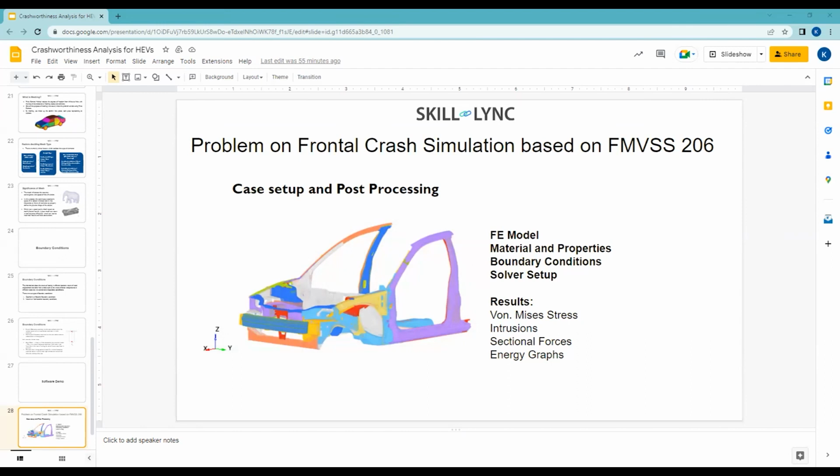Then, what are the deformations happening in the passenger compartment, in which the driver and any other person will be sitting? By intrusion, I mean the deformations that are happening. We should understand how much deformation is expectable, and for that we have different standards. There are certain necessary cards and everything, which you will learn once you opt for this course.